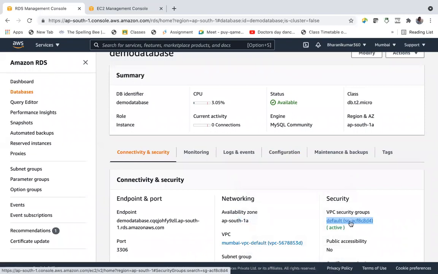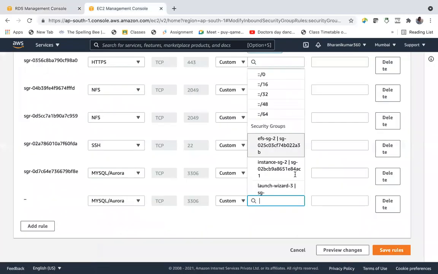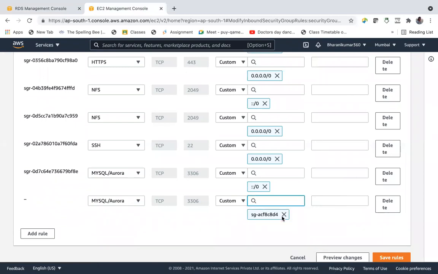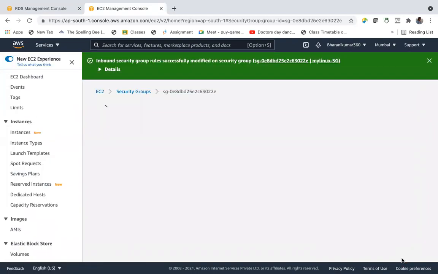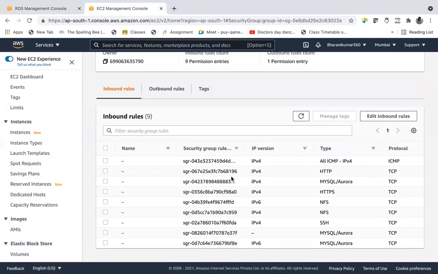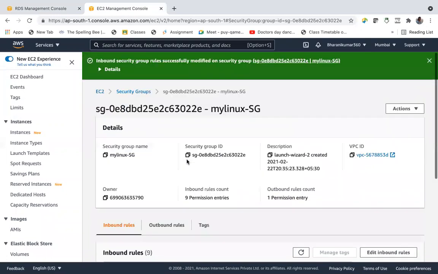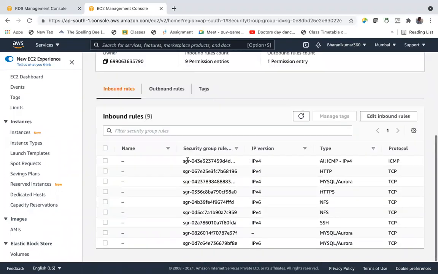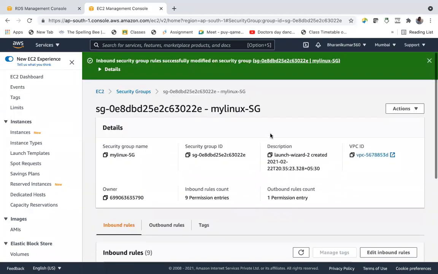Let's say copy, go here. Okay, this one, save rules. Done. And if our database were not private, just adding a MySQL rule with the internet CIDR block would be enough. Now let us go and connect.